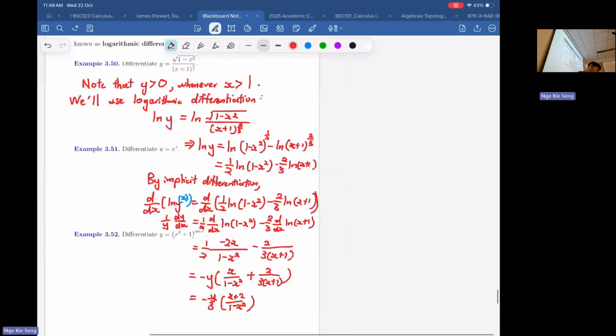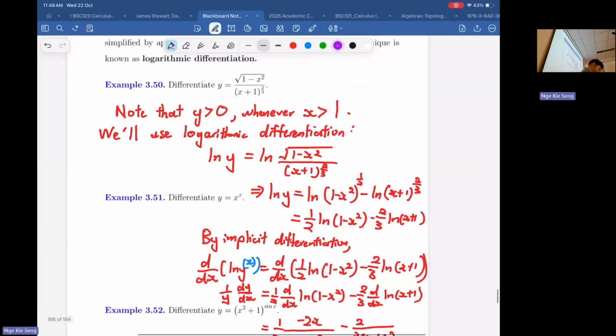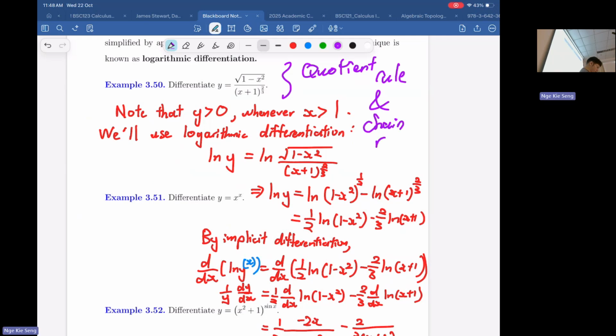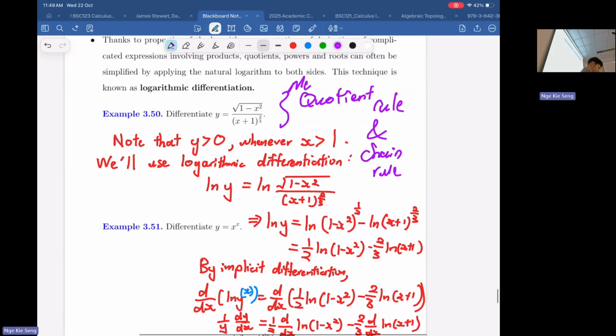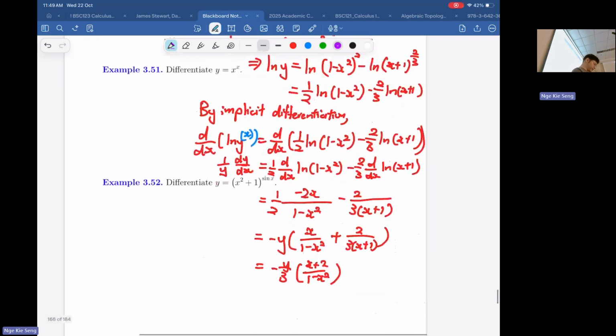Maybe someone could try. If you have tried using the quotient rule and chain rule to differentiate, maybe you can send me your working. We can compare how different, how long, which one is more efficient. And maybe someone can try this old-way method too: use the quotient rule, use the chain rule, and then compute this. See how long the working is. Once you do it, you can send it to me, and see if you get the same answer as me or not.